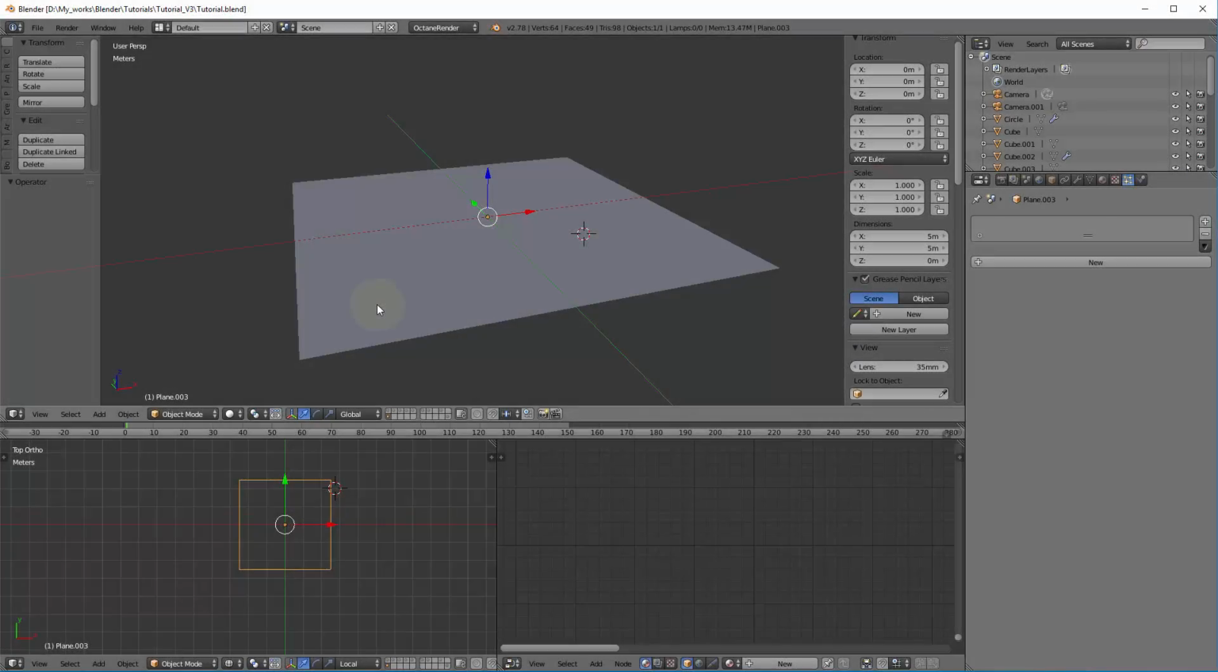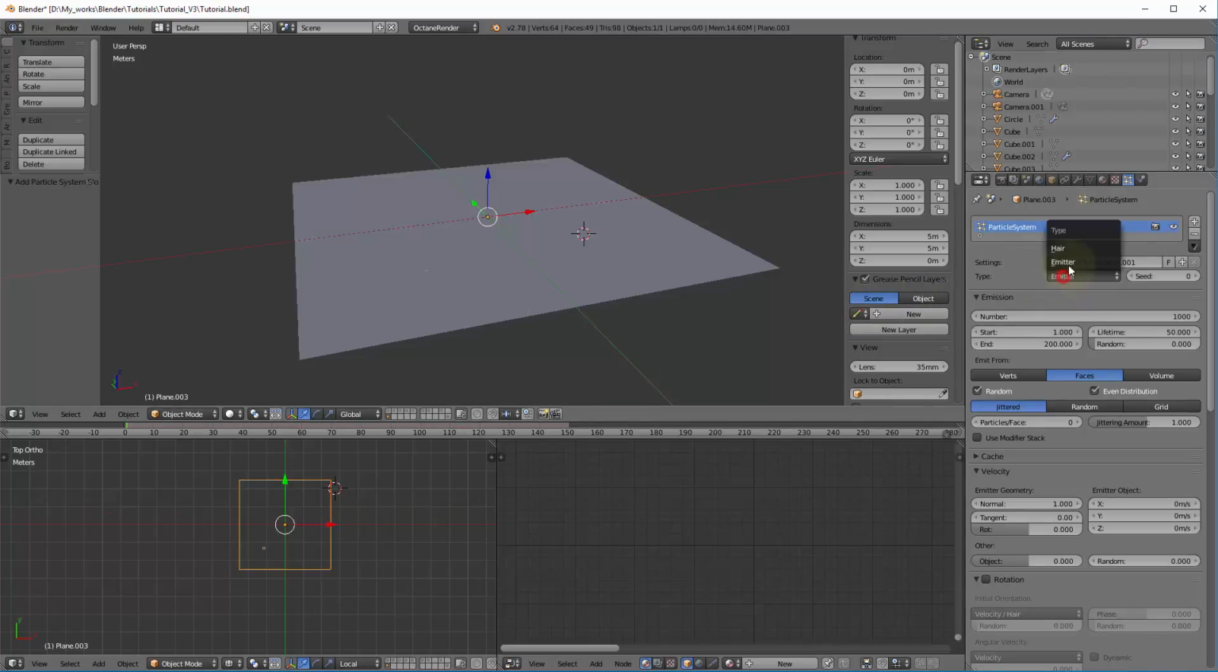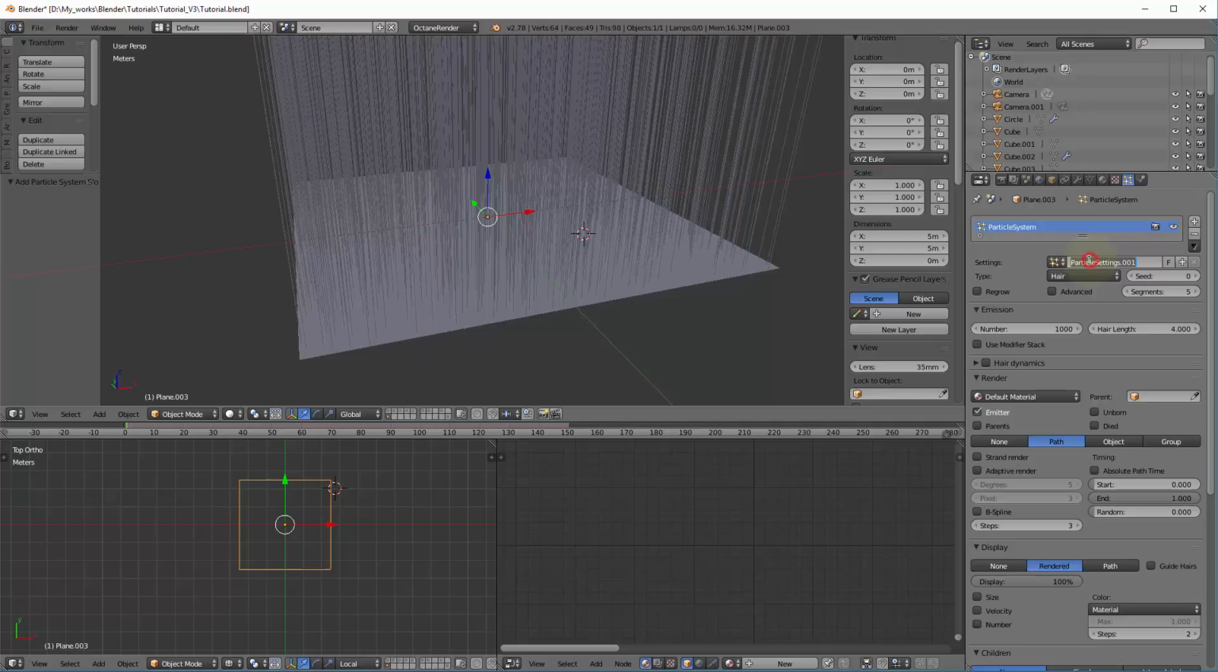Hello guys! Since my last video, a very nice feature was added to Octane Render for Blender, and in this video I'm going to explain how to use it, and this time it's all about hair. So, let's say you have a plane with a particle system, hair type,